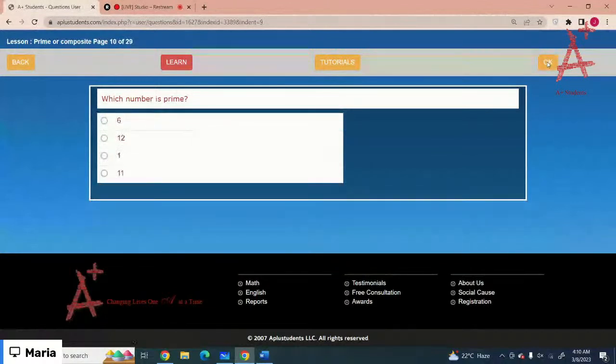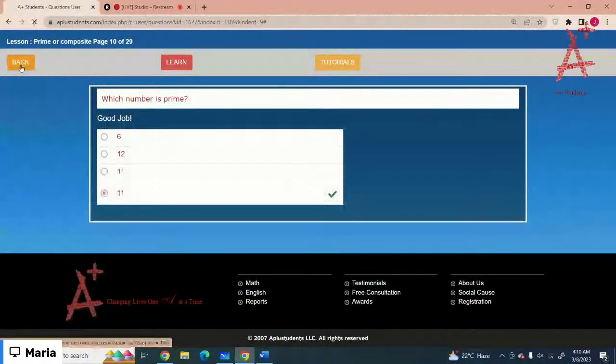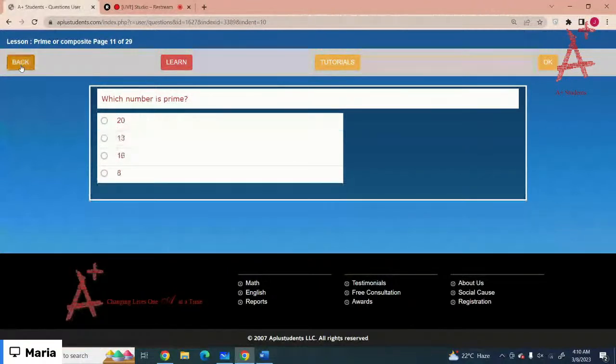Which is a prime number? 6, 12, 1 and 11. So which is the correct option? Very good. 11 is a prime number. Got it? Okay, you can complete the test by yourself later today. Let me just move on to the next lesson. The next lesson is